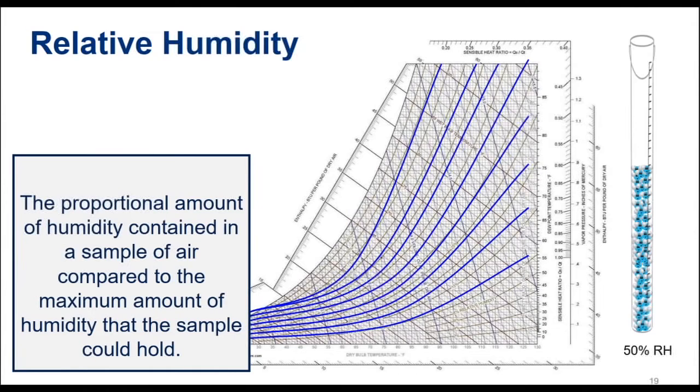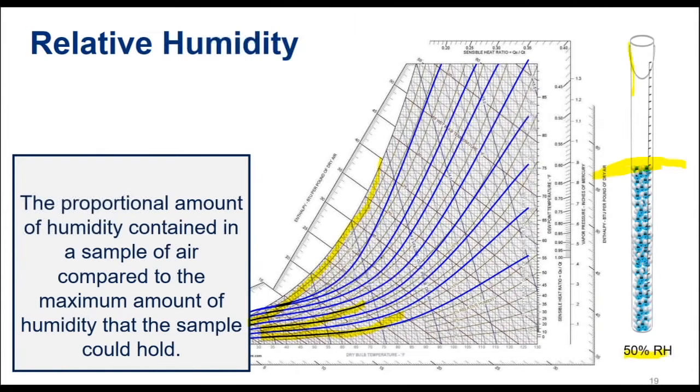On our psychrometric chart, the relative humidity lines, or the RH lines, are these curved lines. And you can see them as we go through until you get to the final one, which is 100% relative humidity. It is at that point full of moisture, it can hold no more. In the example off to the right, we're showing something that says 50% relative humidity. And we're showing a bucket here, if you will, that's half full. The point we're trying to make is that at 50% relative humidity, the moisture in that bucket of air can be increased by an equal amount to get up to 100% saturation or 100% relative humidity.